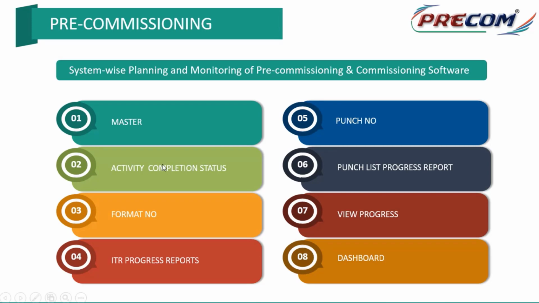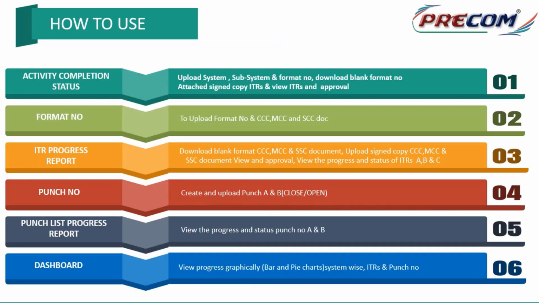We capture activity completion status. We have different formats like the inspection test report format. If it is civil, and for a particular system I have the civil discipline, within civil I may have multiple activities, and for each of the activities I may have to fill certain formats which will have checkpoints, and then signed formats have to be uploaded back into the system. A printout has to be taken from the system for signing, along with punch point creation, punch point reporting, progress updation, and viewing the overall project progress with respect to pre-commissioning and commissioning in dashboard form. So we have all these tools as part of pre-commissioning. I'll go into detail here.